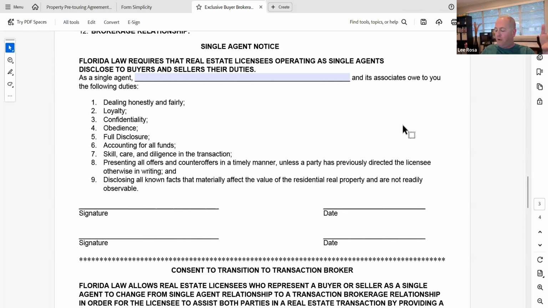Because what I wrote down here, Richard, was loyalty, confidentiality, obedience, full disclosure. Isn't that what you would expect from the next agent you choose? Isn't that what you would expect from the person who's showing you property versus what everybody else would be doing, just looking for a commission? Let's sign the contracts so we can get you inside these houses so that we can get you blank by blank. I mean, that's just where my brain goes,